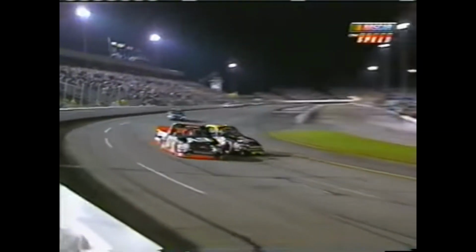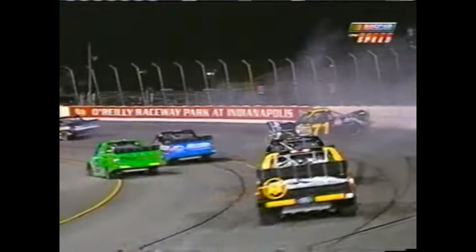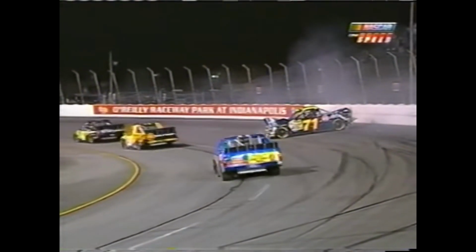See the 71's down on the inside of the 07 of Tim Sauter. Pierre Borky loses control. He backs into the outside wall. And there's Chad McCumbee. Again, you can see the left front wheel was locked up. And that was a situation when you lock the front wheels up, the truck's going to go straight. And we can take a look back at what happened to the,